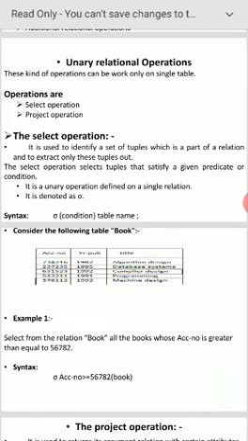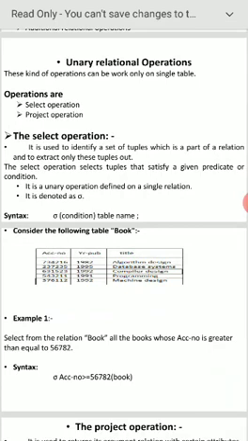How can we write it? Sigma, within the bracket salary greater than 5,000, close the bracket. Table name is what? Employee. The table name should be written like a power of the condition.